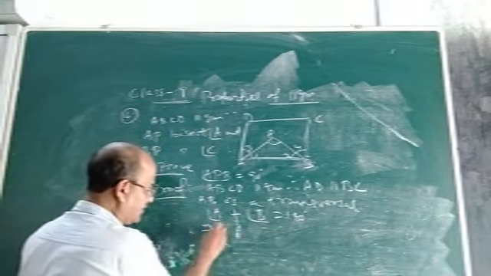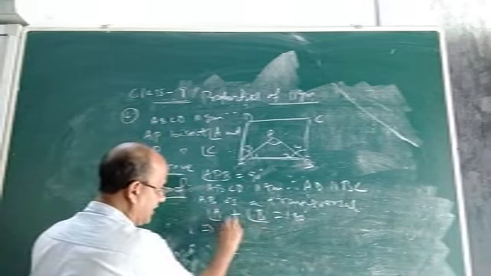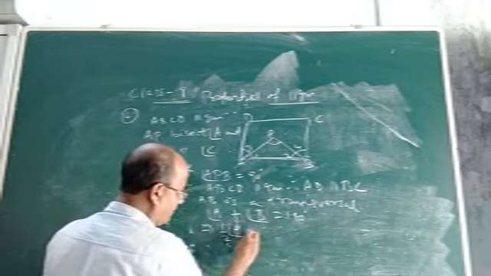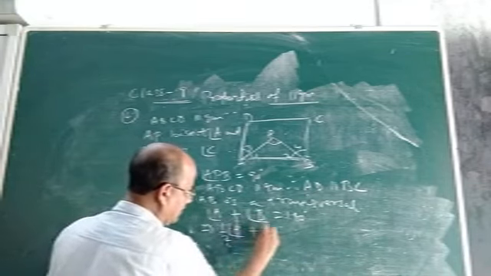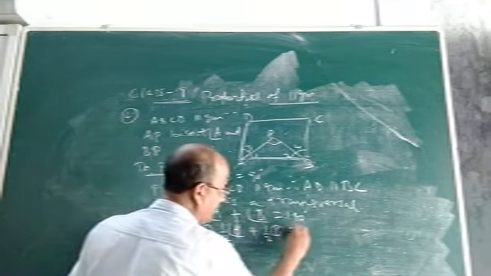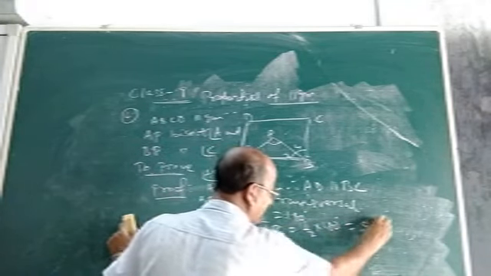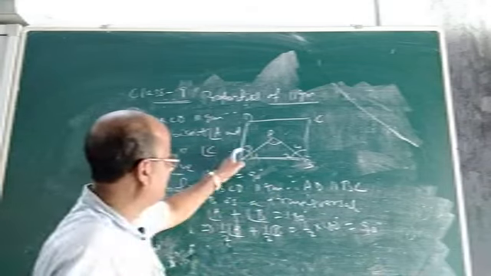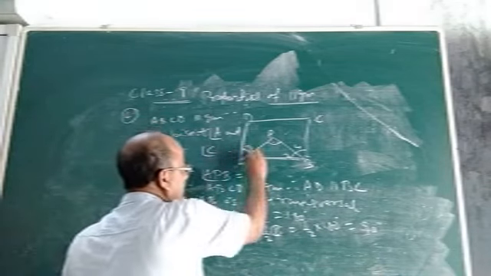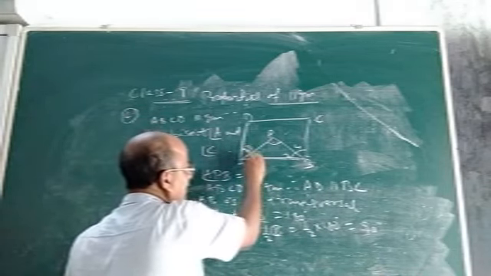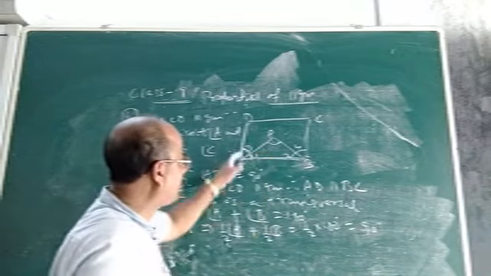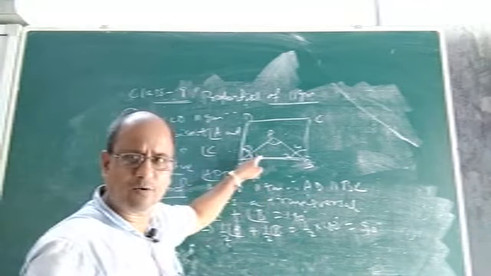Now you divide. Take half of A, half of B and half of your 180 degrees. So half of 180 degrees is how many degrees? 90 degrees. Now see children, half of A means half of this angle. Half of angle A will be which angle? Equal to angle 1. Why?